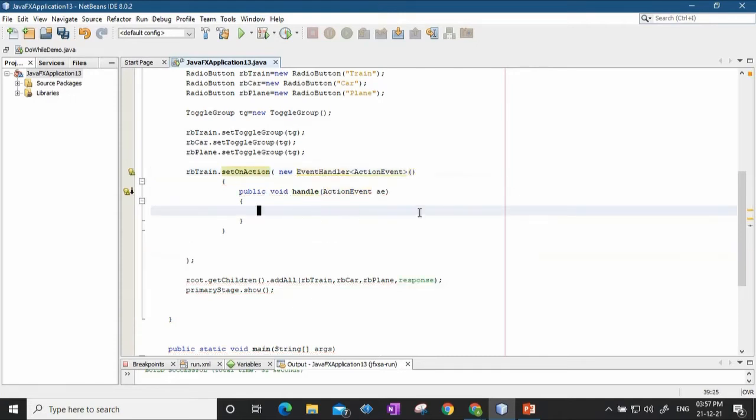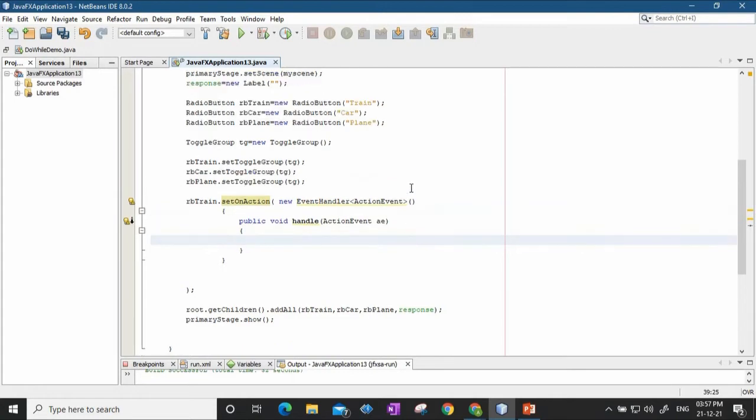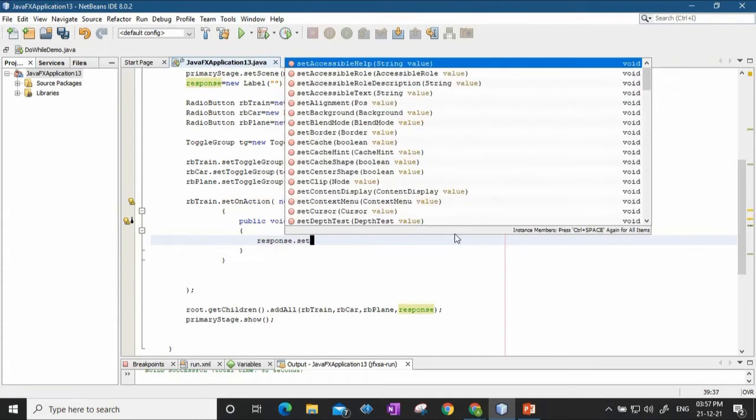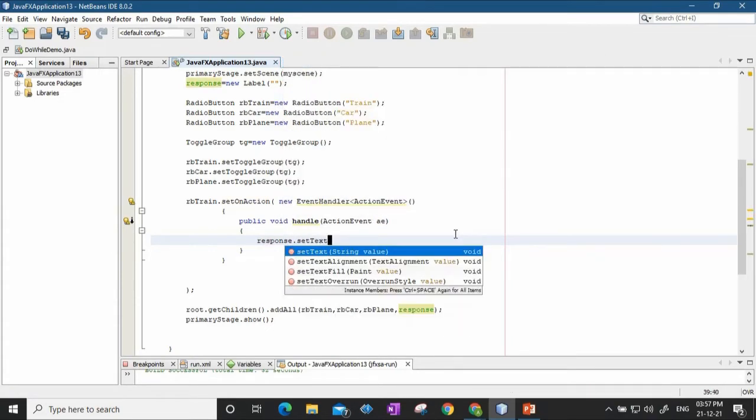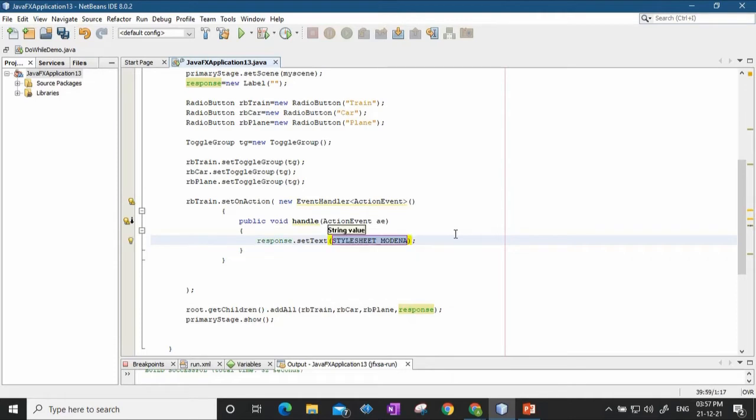Now what is the text in the response? The moment a particular button, say rbTrain, is selected, then I want response.setText. I want to set this text as, and the text is that train is selected.